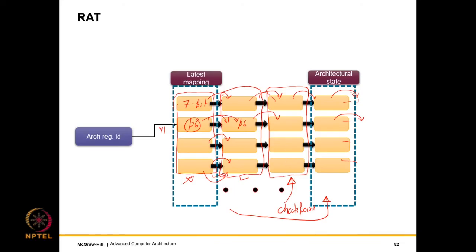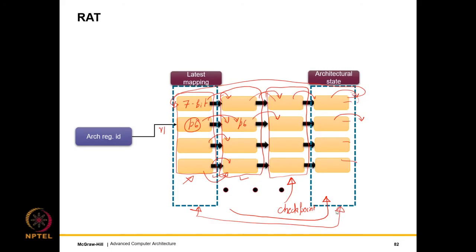So this is advantageous, no doubt. One advantage is that recovery is quick. While recovering, we don't really have to do much. If I were to consider a physical implementation, these are not really linear linked lists, but essentially circular linked lists with one pointer to the latest mapping. So all that I can do is move the pointer of my latest mapping from here to actually